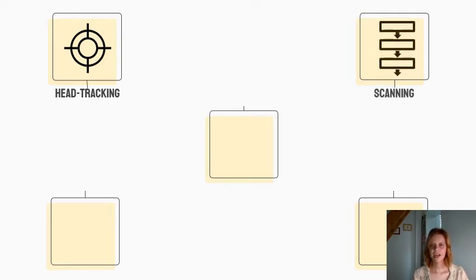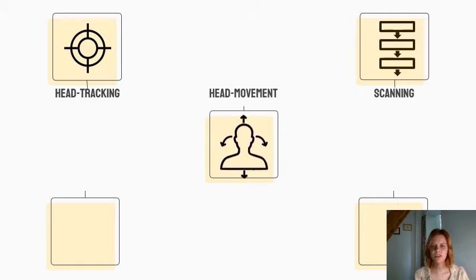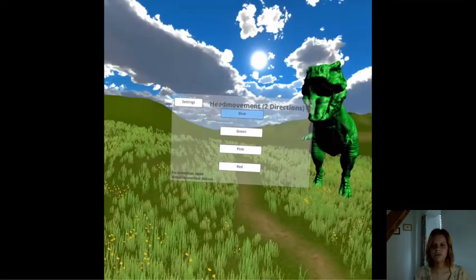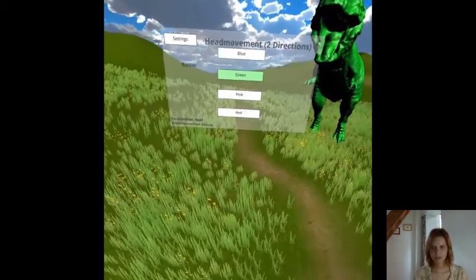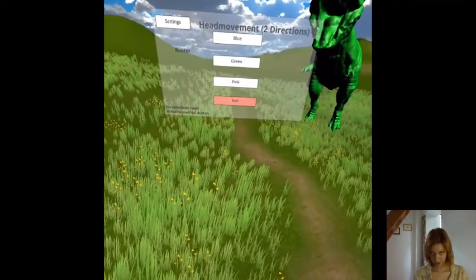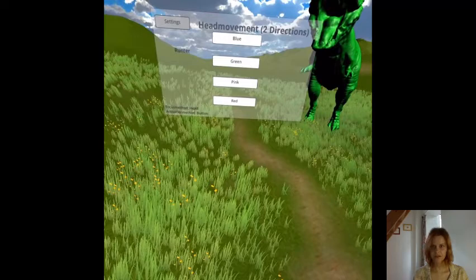And then there's the head movements, which works the same way as the scanning, but the transition is triggered if the user moves the head in a certain angle. I show you how it works because we won't see it in the game later. So this is a video. I'm going to start it. So I'm moving my head down, and then I hit the angle, and then the elements are selected one after another.